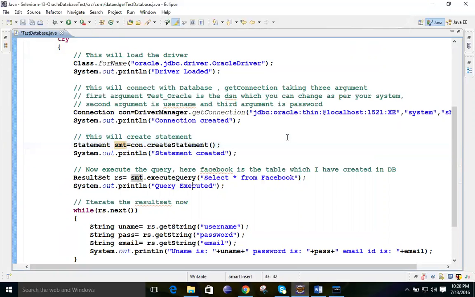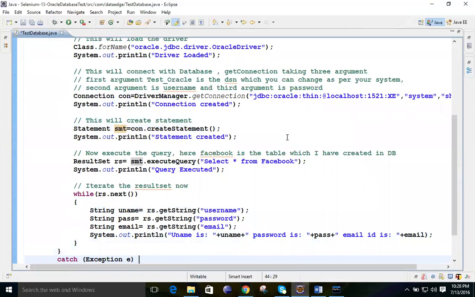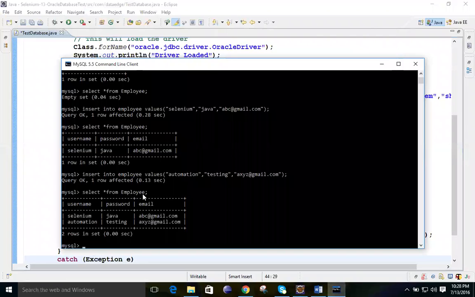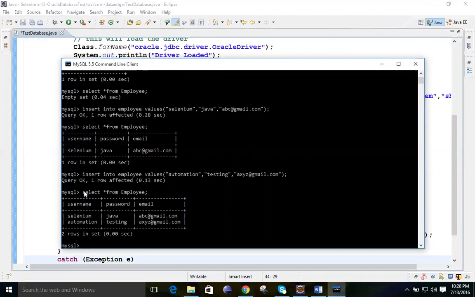Then what will be the next step? A statement is created, you need to execute some statement. Just now we discussed that in our database we have one table known as employee. This is the command to see the rows and columns, the data present in the table employee. So instead of executing this there, we will execute this command from the Java program, and this database output, whatever you are seeing over here in this box, should be present in the console window of Eclipse.